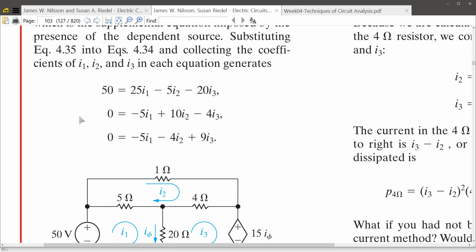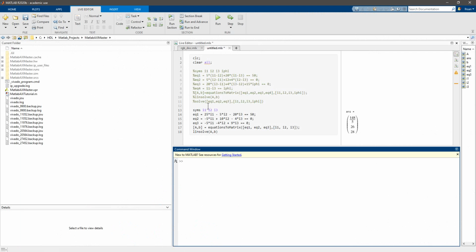Now, how can we solve this? Apparently, as the circuits get more and more complicated, we are going to get more equations, maybe much more than a human can handle. For this, we can use MATLAB to solve these equation systems for us. So, remembering these coefficients and our variables, I can simply go into MATLAB and use the symbolic toolbox